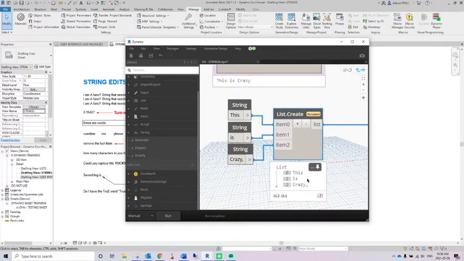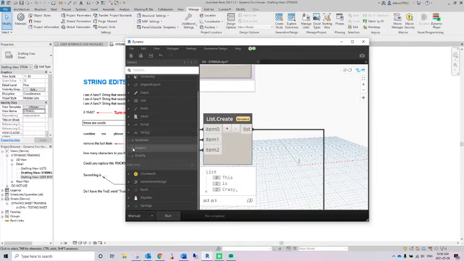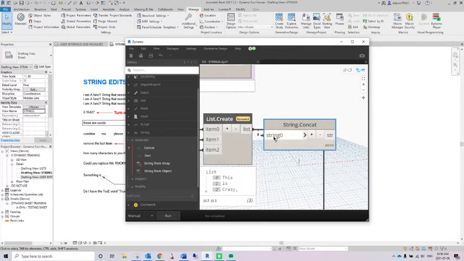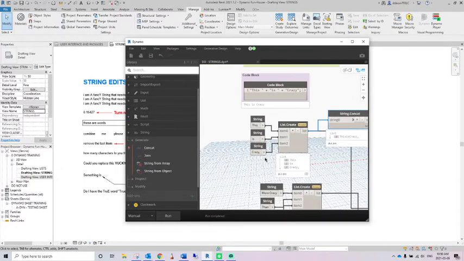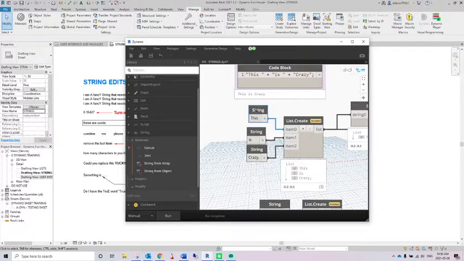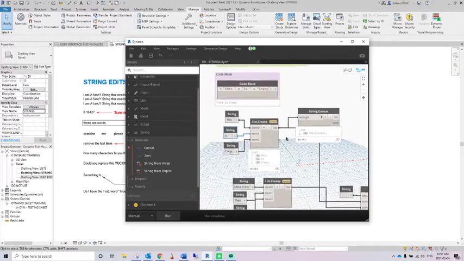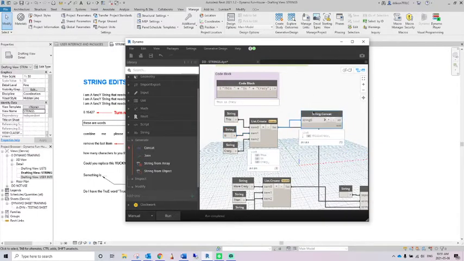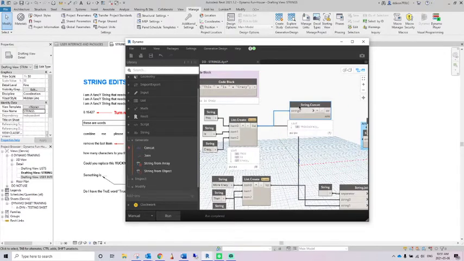This is crazy. So if I go to my generate and click on concat, I can take this and add that in. Watch what happens. It combines them all as one word. Pretty cool, right? So I just took a list of random ones. Now this is great. Let's say I had 30 words coming out of each of these strings. It would actually go through and combine all those separate words together to create multiple sentences for us. Pretty neat. We'll get there. Anyway, so concatenation is the combination of words